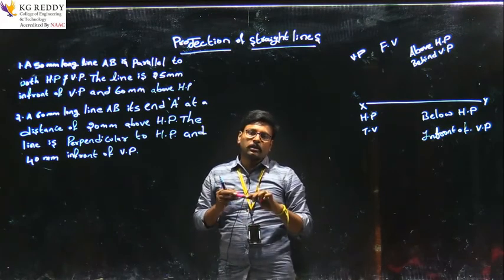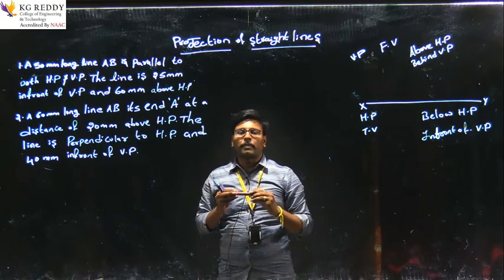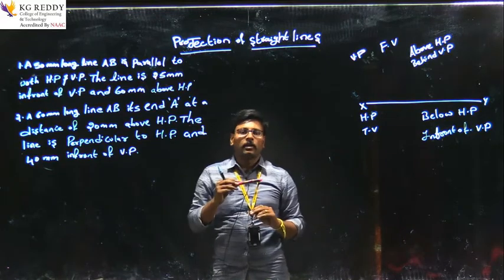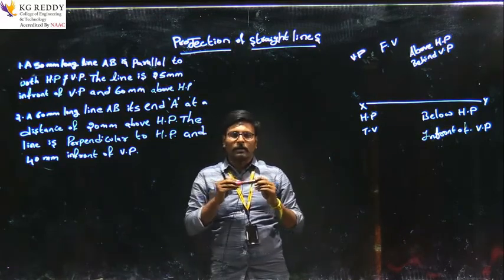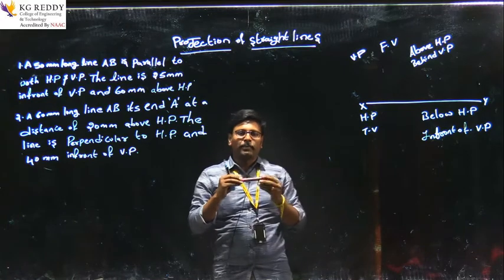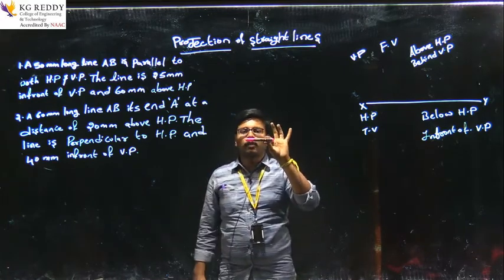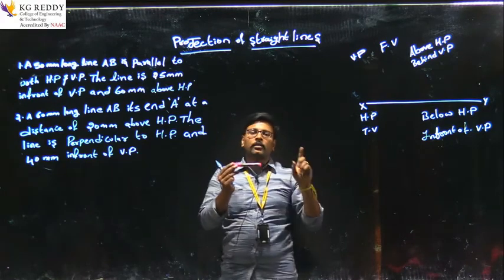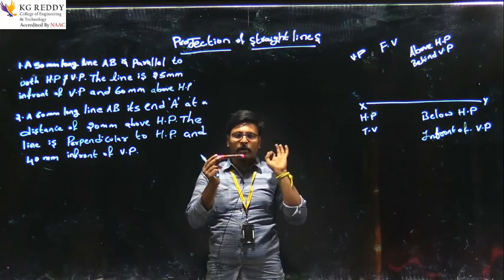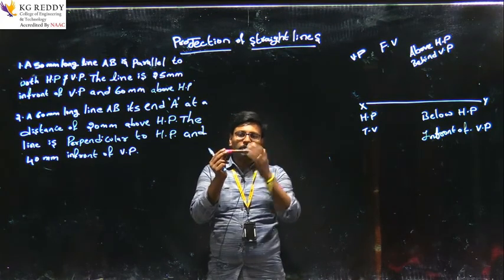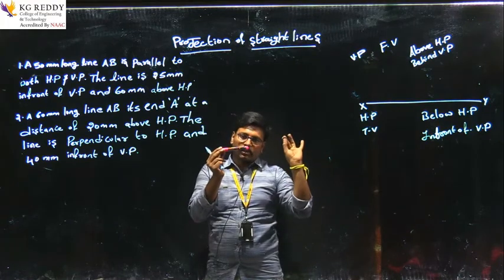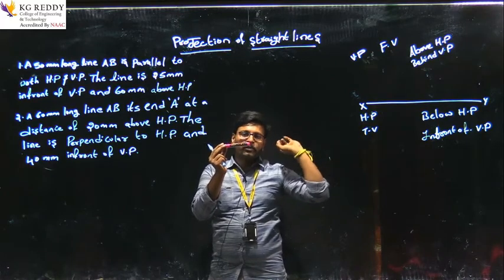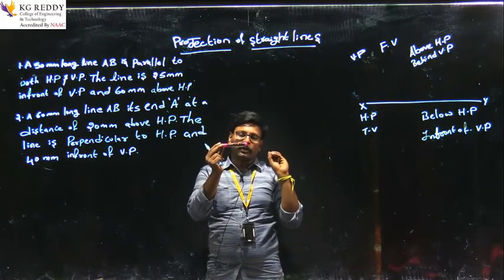As I told you, projection of straight lines parallel to both the planes. Imagine the floor is a horizontal plane and the wall at the back side is a vertical plane, and this is a line which is parallel to both the planes. Here we have to find one condition, that is parallel or perpendicular, and the shape in front view and top view, and the position, whether they are given above the horizontal plane or in front of the vertical plane. These are the points that we have to remember.